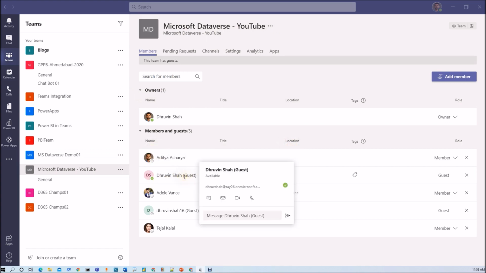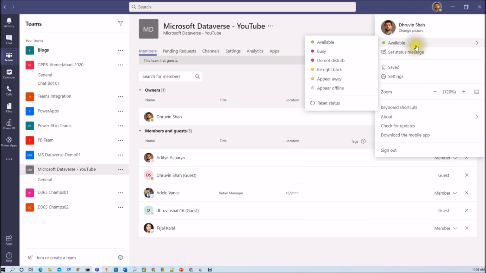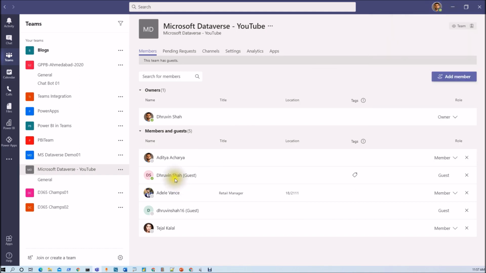One external user is Dhruvin Shah, who is in a different domain, meaning he is not a part of this particular tenant. The email address is dhruvsha@rate26.onmicrosoft.com, and currently this particular domain is dsha27. Right now, for this tenant, this is the guest user, and the second guest user is a Gmail user that I provided here.